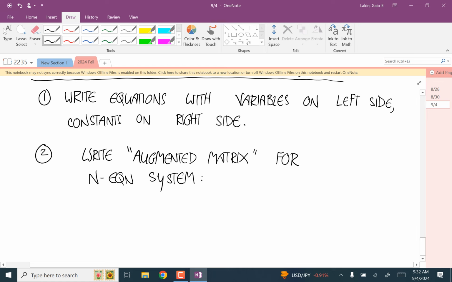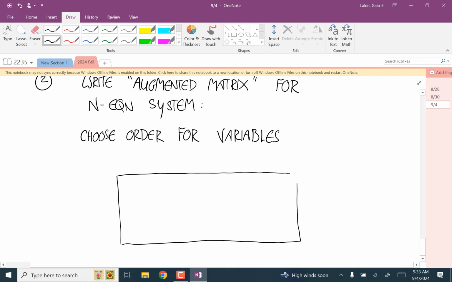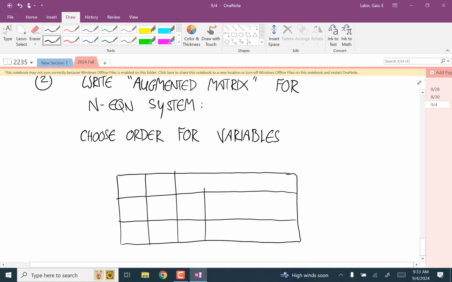And the way you do this is just arbitrarily choose an order for the variables, and you're going to write out a matrix that has,